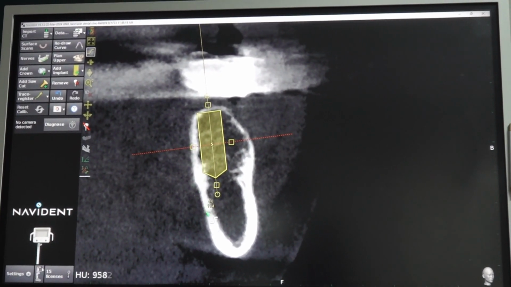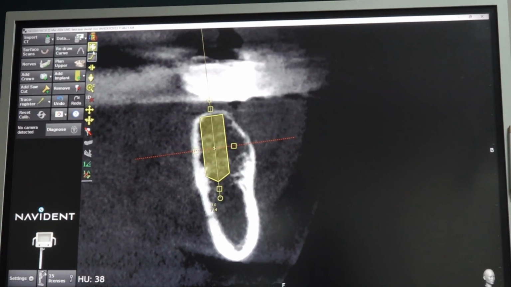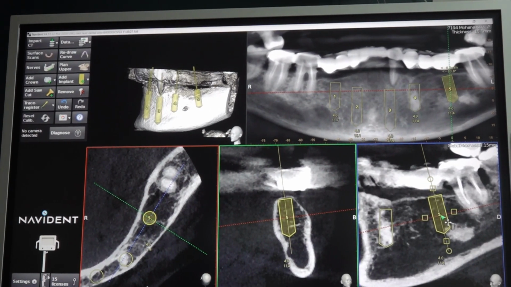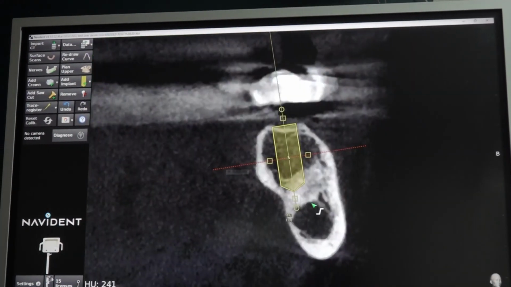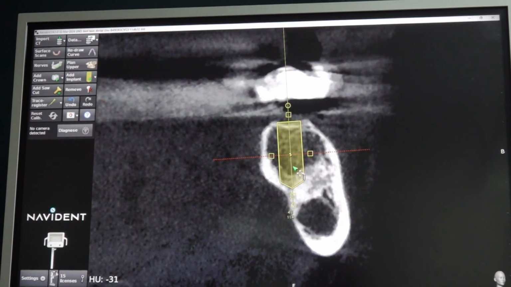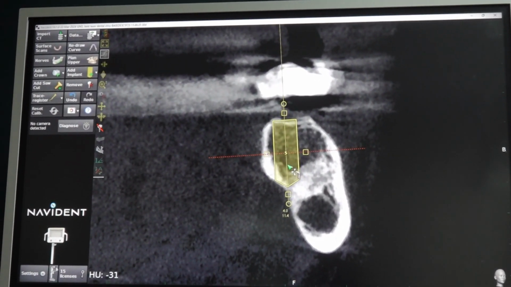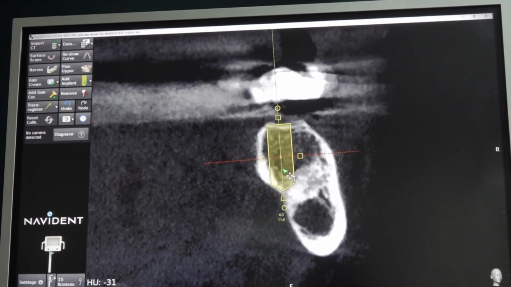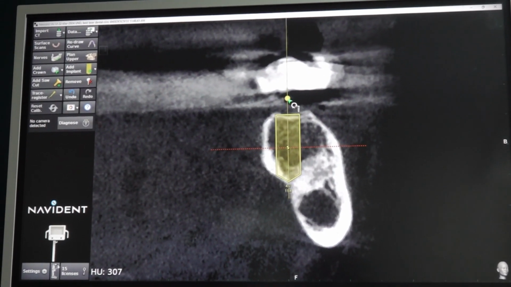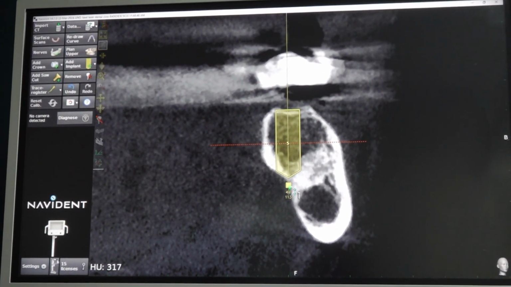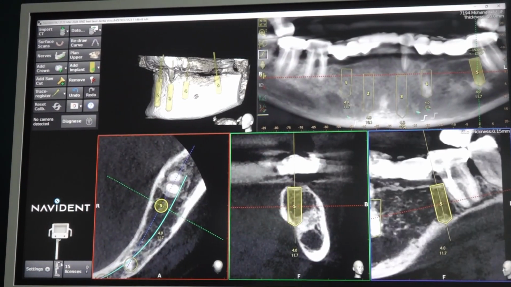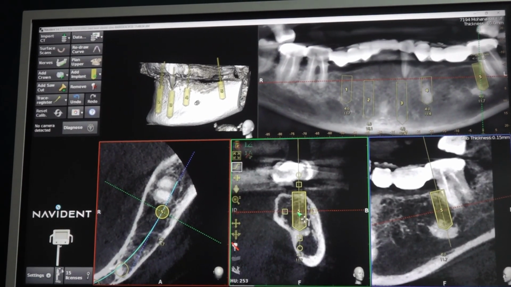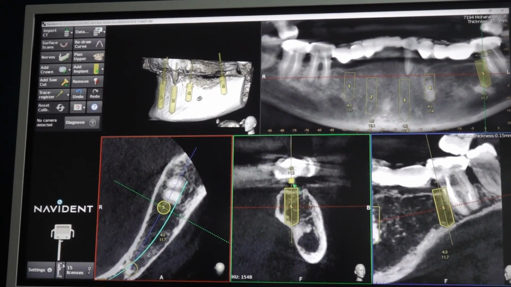Lingually, there is no undercut or mylohyoid ridge because it is a premolar. Sorry, molar. If we go slightly distally, we are getting this lingual cortical. You can engage. Here you can use a basal design. Here you can even use a compressive design also. So you will get good stability. So definitely we have to engage this bone for this patient, because everywhere it is soft bone only, right? The more you go distally, the more good undercut you are getting. So along the lingual aspect,